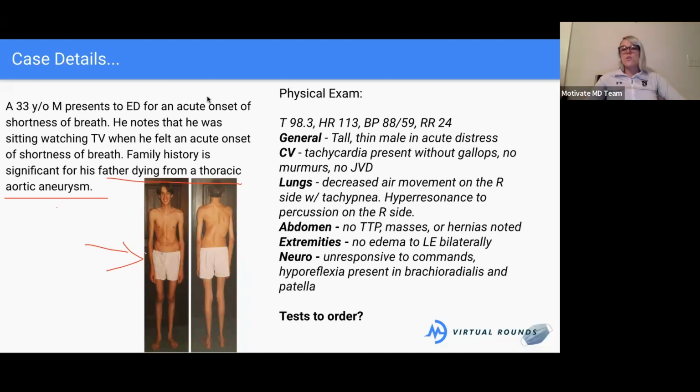We do have screening guidelines to screen for aneurysms in patients who are smokers, but someone with a congenital abnormality of the heart or with genetic syndromes, maybe we'll want to screen them earlier, especially if they had a parent who died of an aortic aneurysm. Does that answer your question?